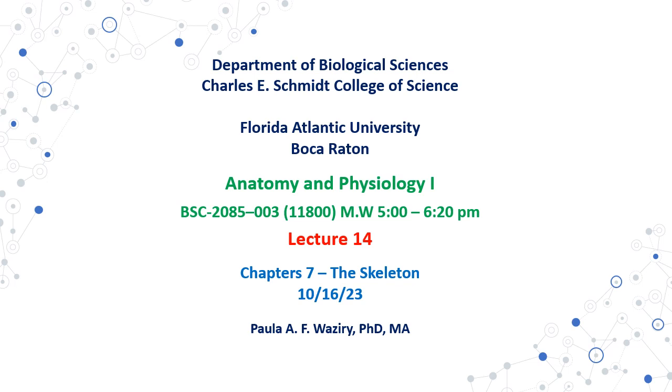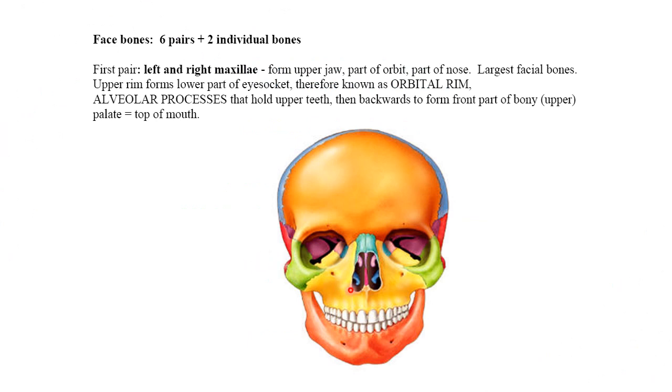So here we have the two maxilla on the front of your face. And those have processes called alveolar processes. And those are very, very important for holding your upper teeth. And as we're going to see next week,